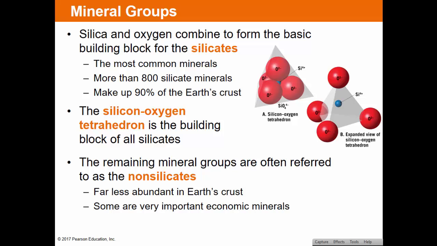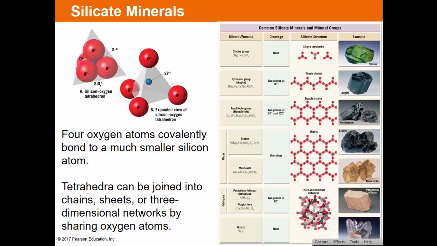But there's a huge amount of silicates. There are 800 different types of silicate minerals that make up 90% of the Earth's crust. And those silicate minerals occur when these silicon tetrahedra are bonded together with other elements. The remaining mineral groups are often referred to as the non-silicates. Clearly, they're far less abundant, but some of them make important economic minerals. All right, so